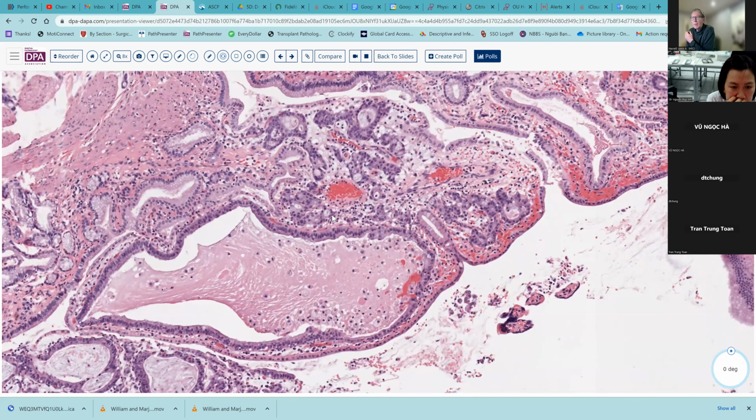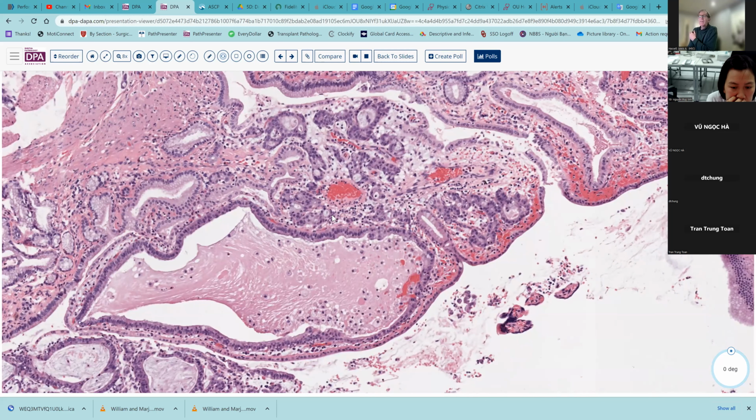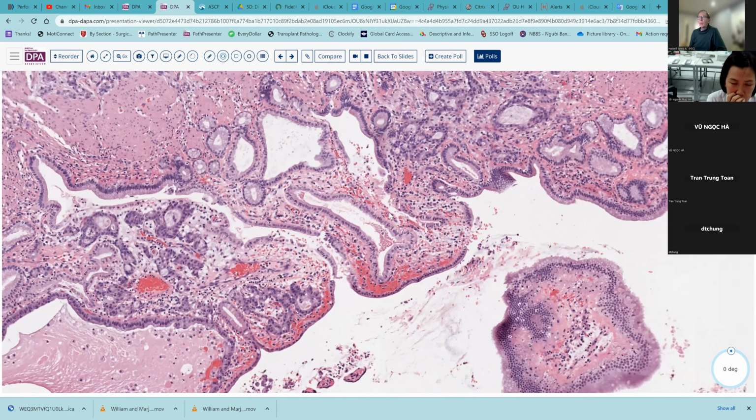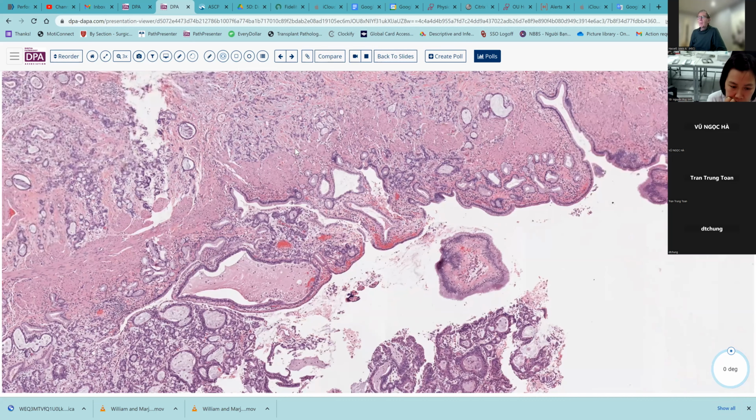And as we see in the stomach, for example, very often the discohesive types or the very poorly differentiated types, the signet ring type cancers, don't have an intestinal type of dysplasia. And that's what we're seeing here. We're not seeing a true intestinal type of dysplasia that we might see with some other types. But rather, we've just got the development of this poorly